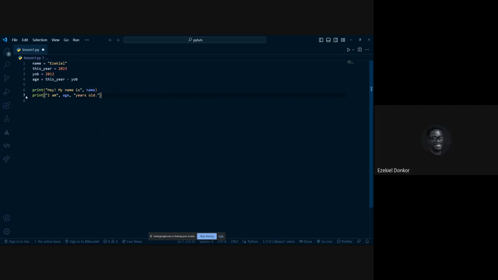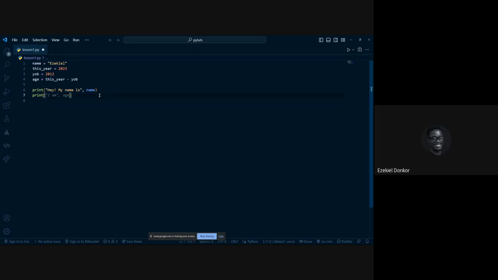The six, we are saying print, I am, comma, age, comma, and then quotes again, years old. So you see the way I've written it, let's go over it again.